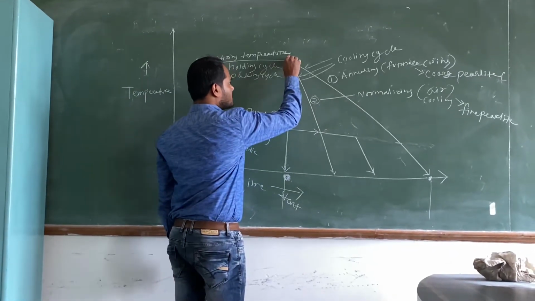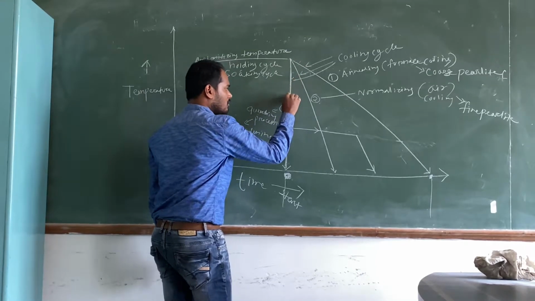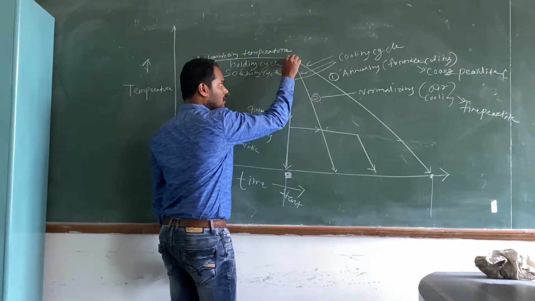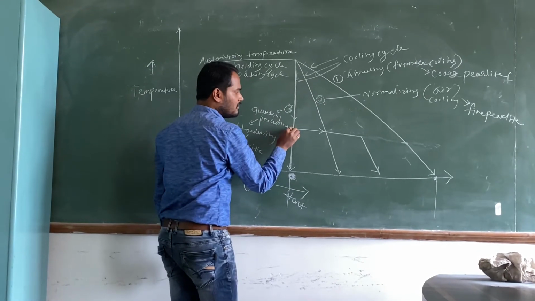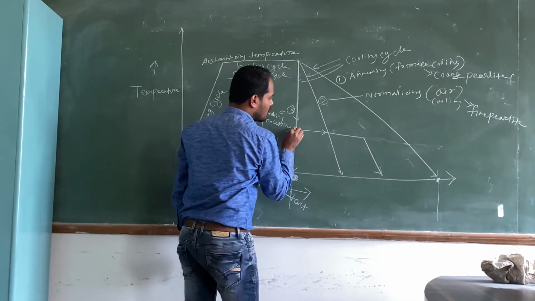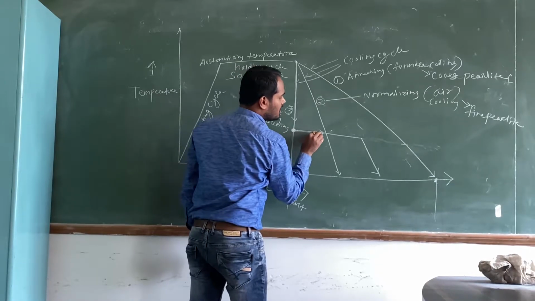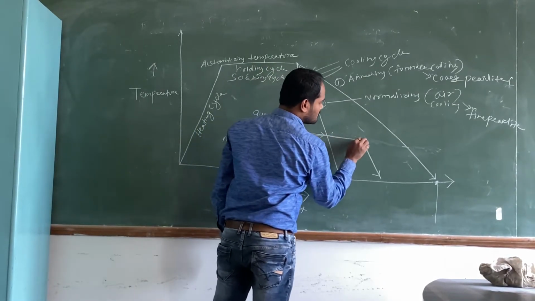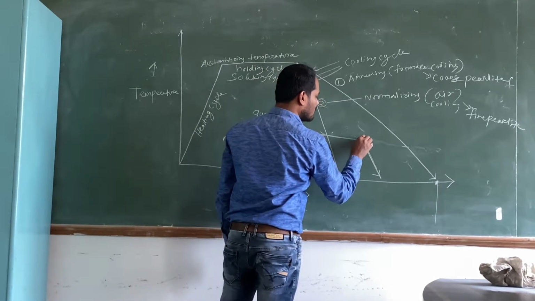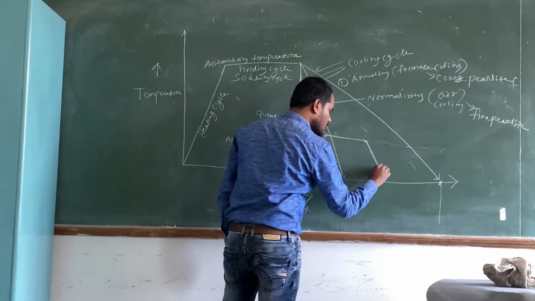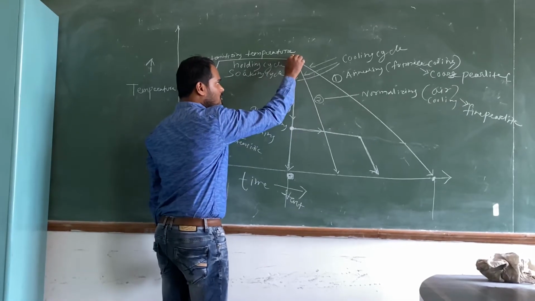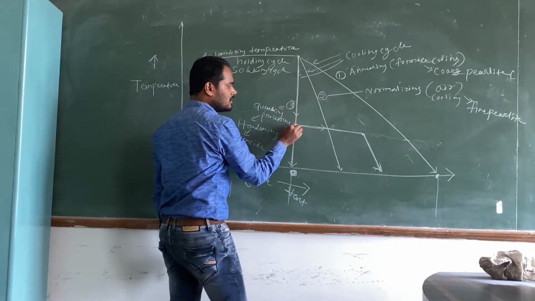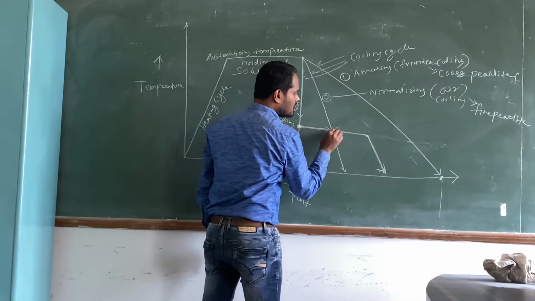You can see this is very interesting. Interrupt cooling. You are taking out the sample and cooling it at a very fast rate, and you hold it here. Then you are holding the sample here, so cooling will be done in an isothermal condition like this. Then finally from here you can take out the sample and put it into the atmosphere. So this is an interrupt cooling. You take out the sample, you put it at this temperature. Cooling will be done at isothermal condition.